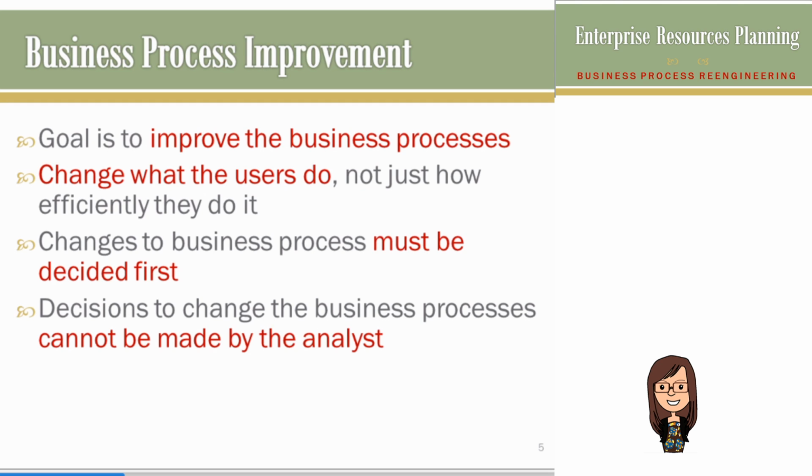When we talk about business process improvement, it means that the business process is not only changed with the machine, but there are also changes in the way of the activity. So let's go back again to my example about the parking system. Previously at the get out, the customer needed to give the ticket to the staff, and then the staff needed to input something, and even though the system can already calculate the parking fee and everything, but still